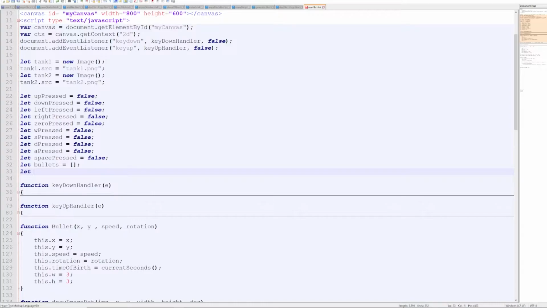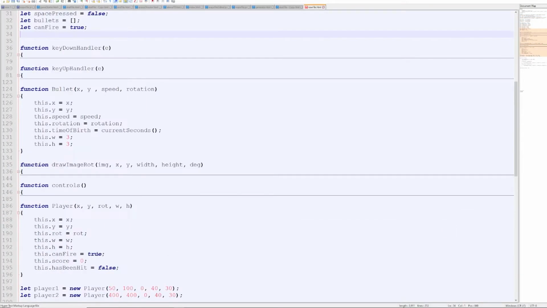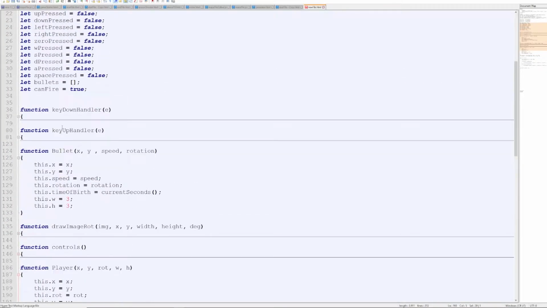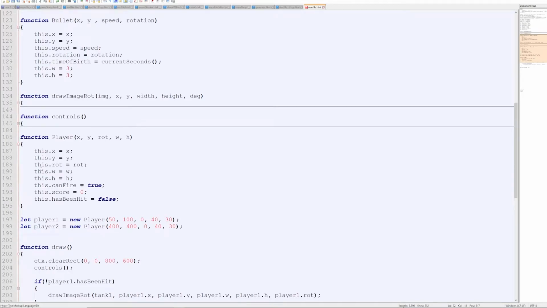So here we're going to say let canFire equal to true. So this is going to be player 1's firing. And let's see, so we are actually handling this here. And so I don't even want to do that. So what we want to do now is we want to come down to our